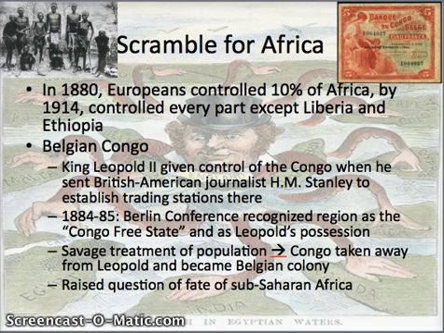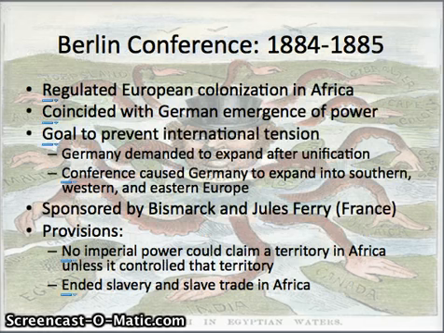All right, so basically what we're seeing here is that this first example, Belgian Congo, that's at first led by Leopold II, is going to raise the question of what the fate of the rest of sub-Saharan Africa is going to be. And many other European countries want to start to also have their influence in these areas, because ultimately it's yet another example of nationalism and competition from one European country to another.